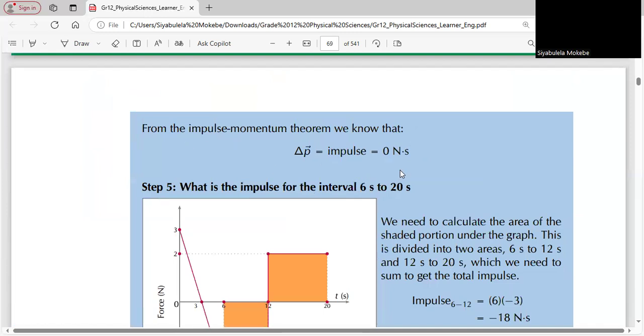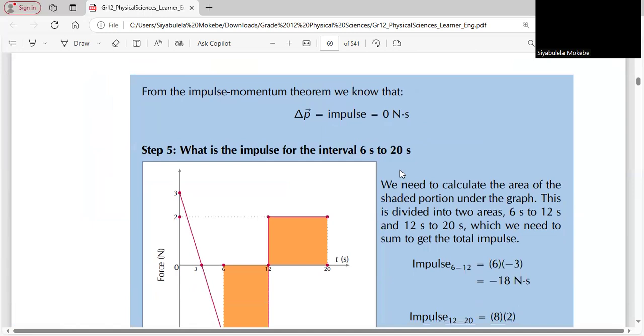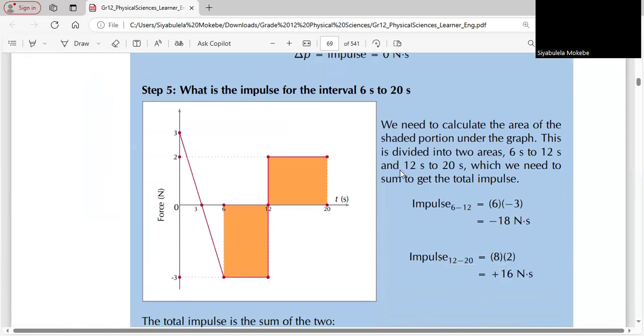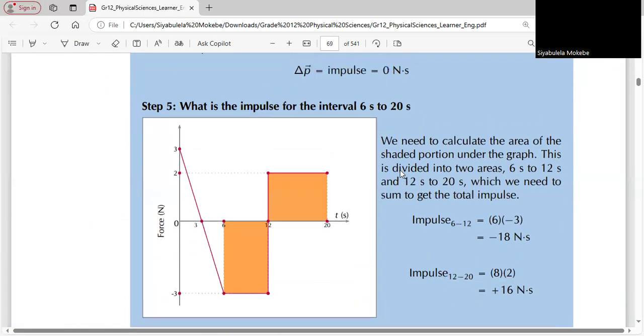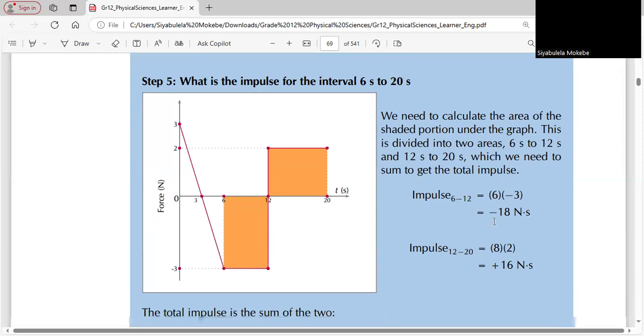Then from 6 to 12, we need to calculate the area of the shaded portion under the graph. This is divided into two areas, from 6 to 12 and 12 to 20, which we need to sum to get the total impulse. From 6 to 12, it's negative 18, and 12 to 20, 60 Newton seconds. Then if we sum those in,